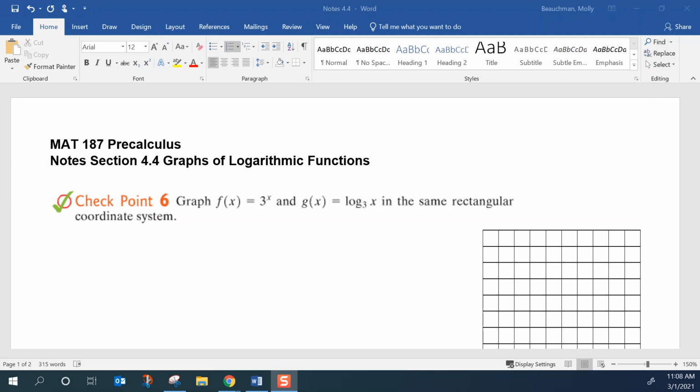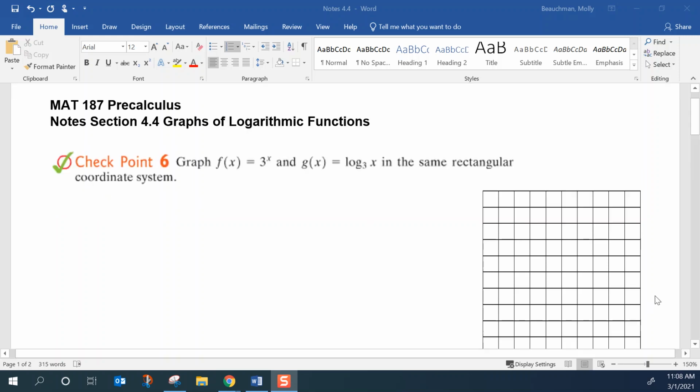In this video, we'll take a look at graphs of logarithmic functions. So the first thing we want to take a look at is the relationship between logarithmic functions and exponential functions. If you remember from the previous chapter, if you want to graph the function y is equal to 3